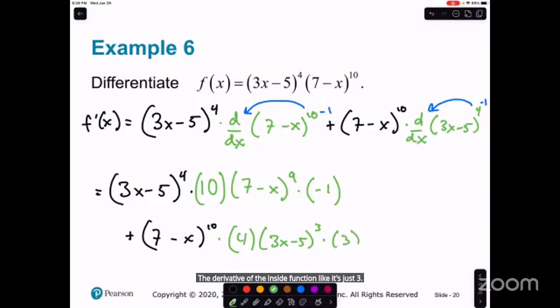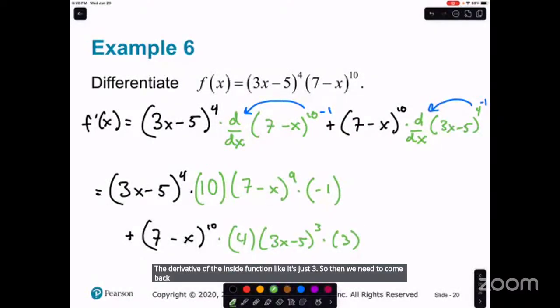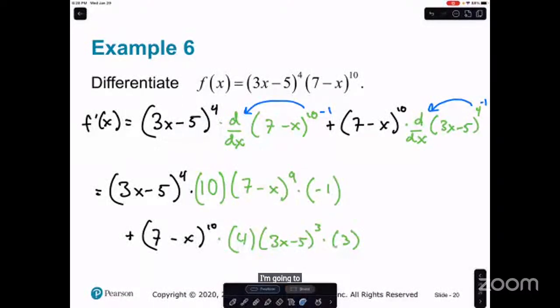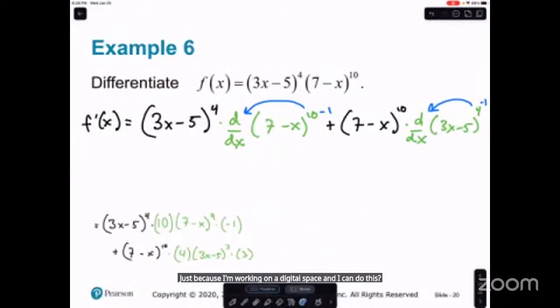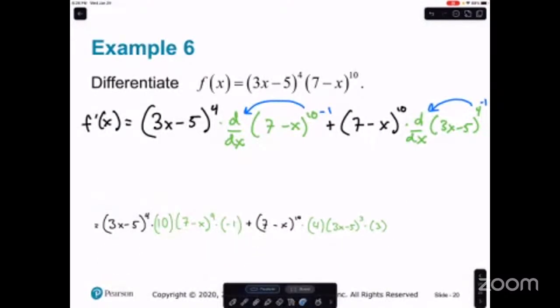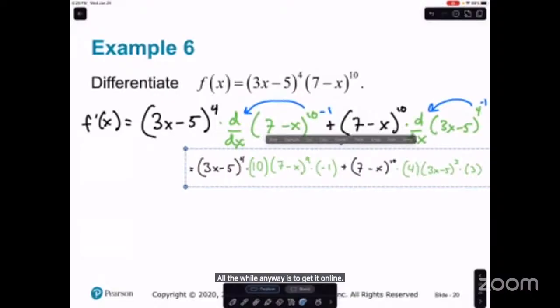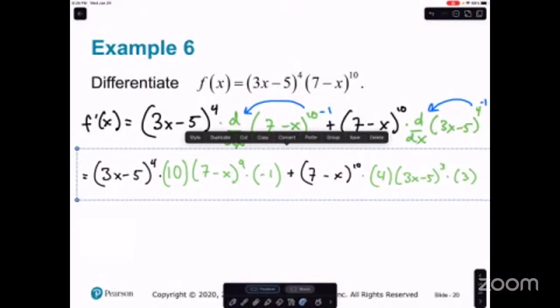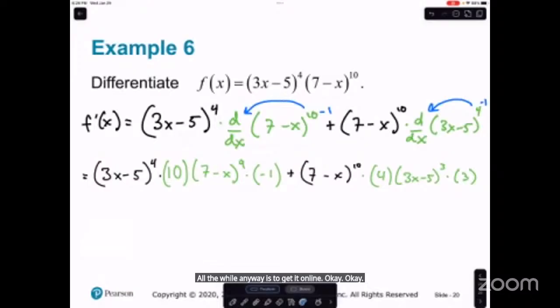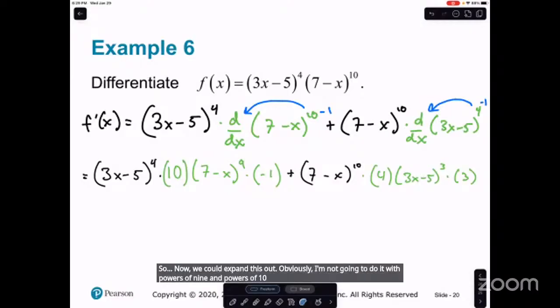Okay, so then we need to come back and simplify. Now I think we have some like factors that we can factor out. I'm going to shrink this down just to get it on the one line, just because I'm working on a digital space and I can do this. So I'm just doing it because I can, and that would have been my goal all the while anyway, is to get it on one line. Okay. So now we could expand this out. Obviously, I'm not going to do it with powers of 9 and powers of 10, but we have some like factors that we can factor out. It looks like they both have